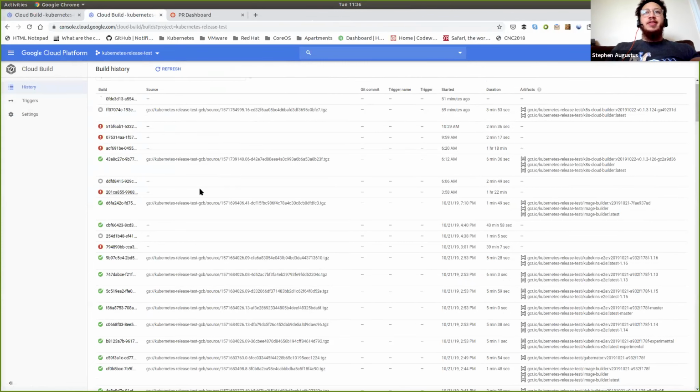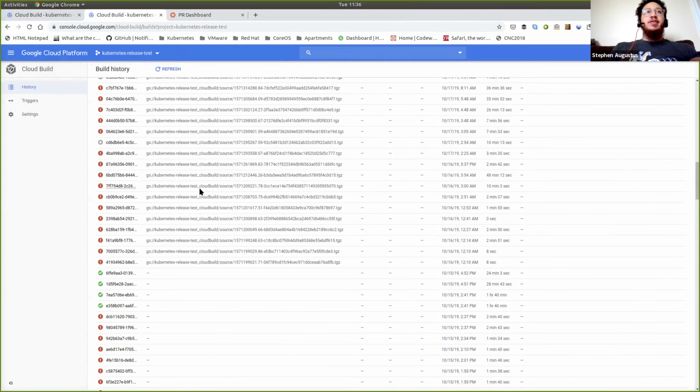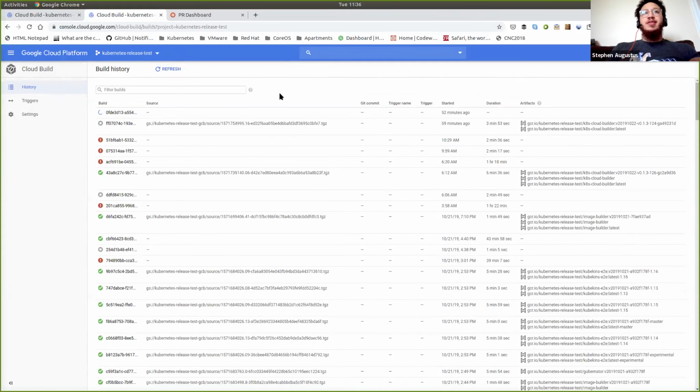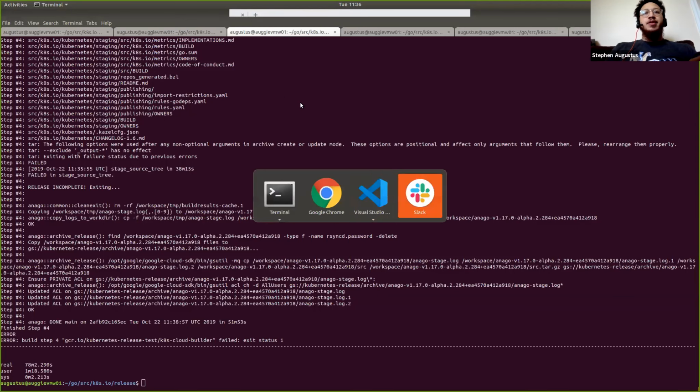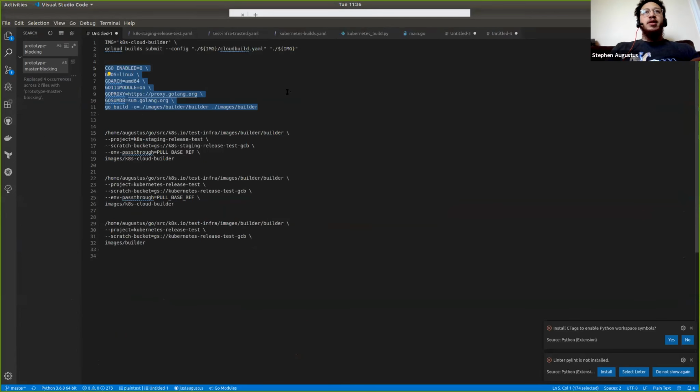Yeah, there are a bunch of failures here, testing out the staging, the build process, right? So what I want to do is be able to replace the current build process that we have using CI. So to just show you that really quickly,